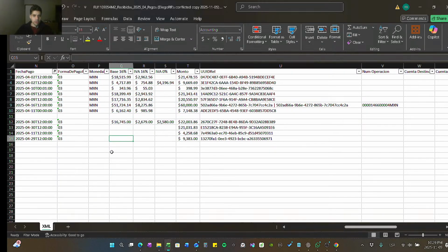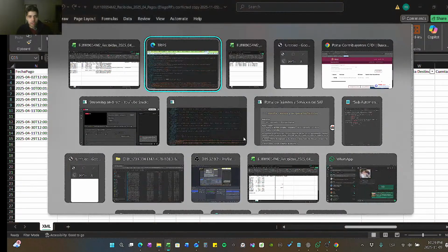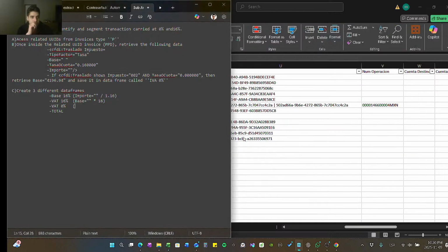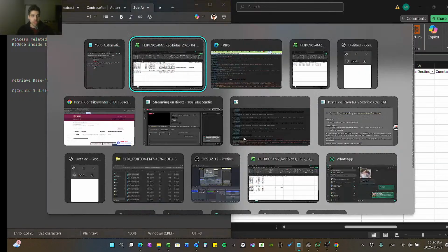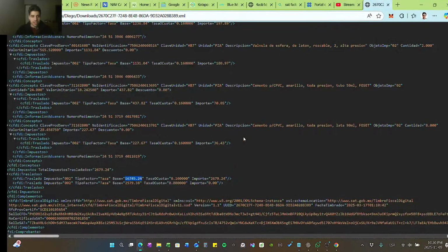Okay. What am I missing here? What am I missing? I feel like I'm missing something. It's just that I don't know what it is. Let me go back to the automation notepad really quick. Oh, okay. Well, the math logic behind it, which actually it's not a math logic, it's just a matter of